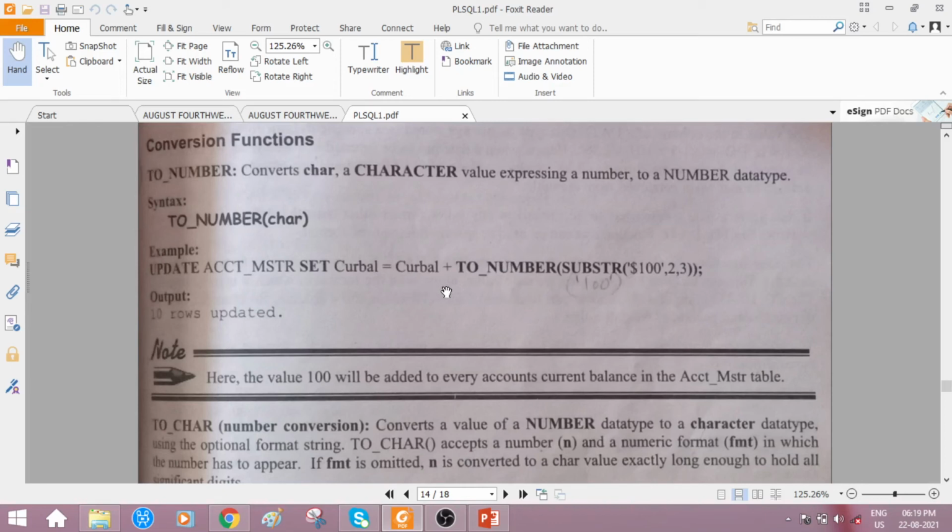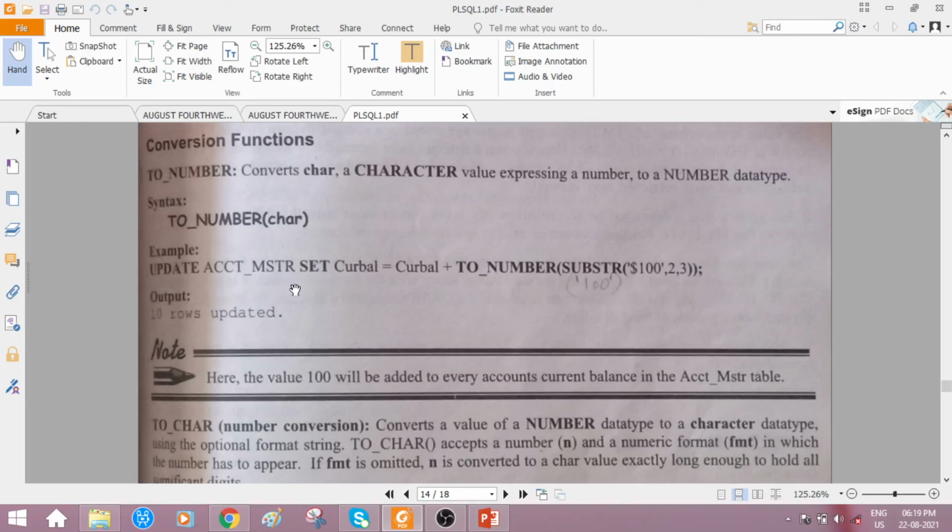So the purpose of this query is, in the account master, however many rows exist, if it is 10 rows, see our output is 10 rows updated. It means 10 rows were there.